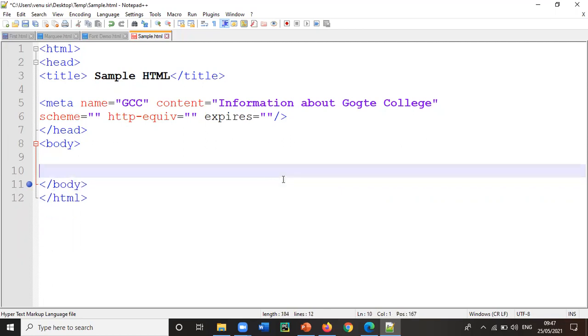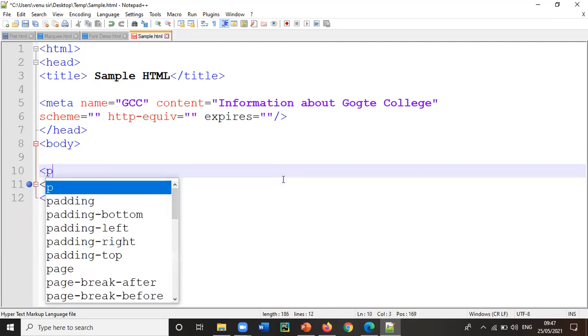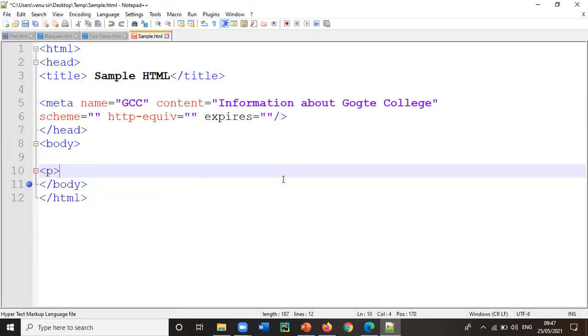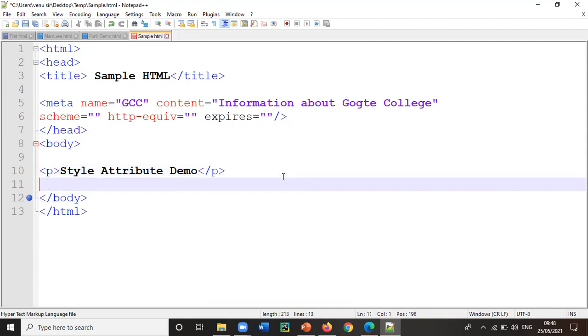Let me type this again. First, include the paragraph tag. I'll just say style attribute demo, then close the paragraph tag. Save this,